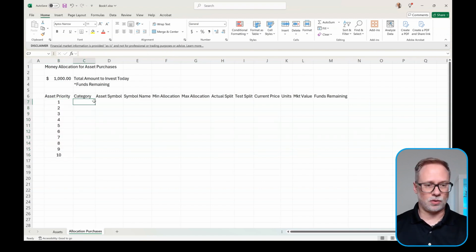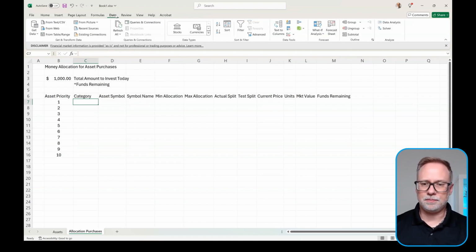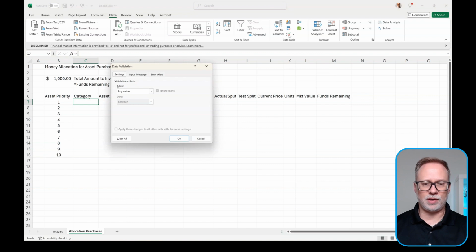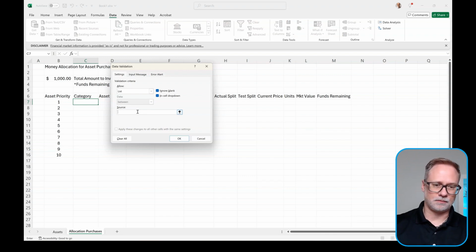All right, now for the category. This is where we're going to build our validated list. So in order to do this, we are going to go to Data, and under Data Tools, the icon right here is Data Validation. So from the section Criteria, Allow, we're going to choose a list, and the source, we're going to use a formula, equals. We'll go to Assets,